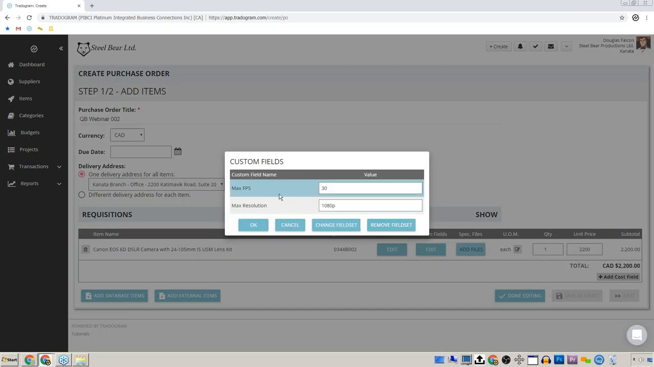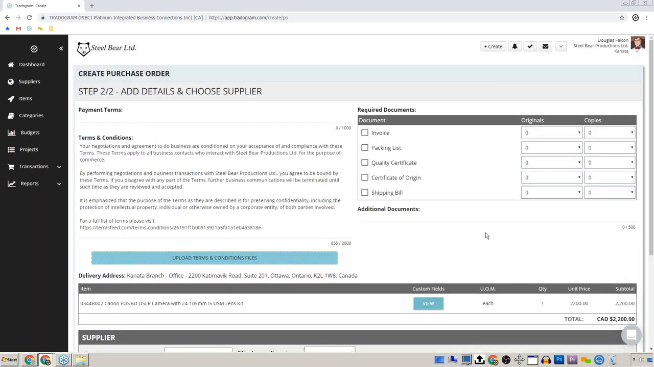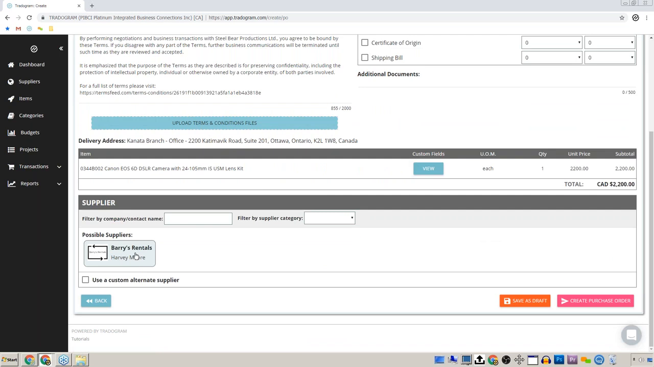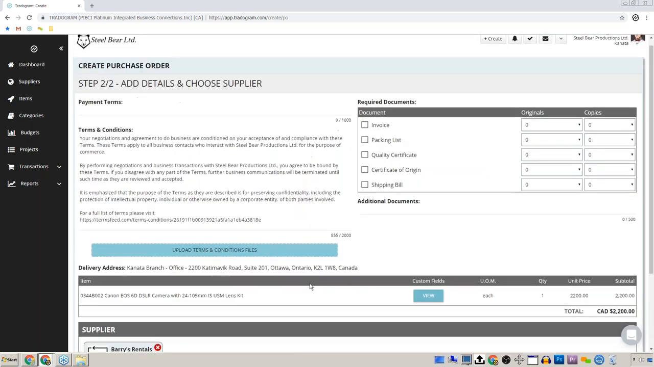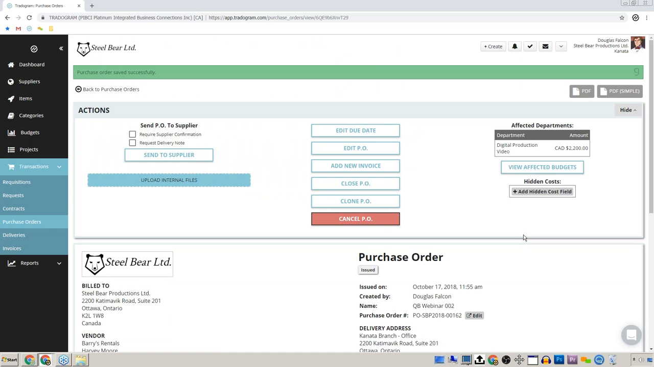We've got custom fields so we can see the max FPS and resolution for this camera. So we're just going to click done editing. We're going to click next. We're going to go through here, pick our supplier. So supplier is picked. We're going to create the purchase order and bang, we've already got a purchase order good